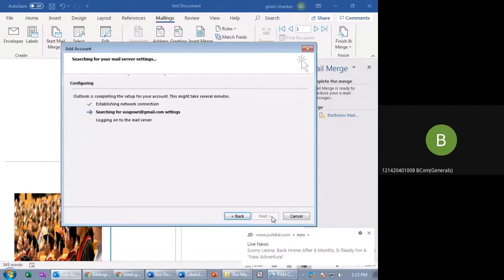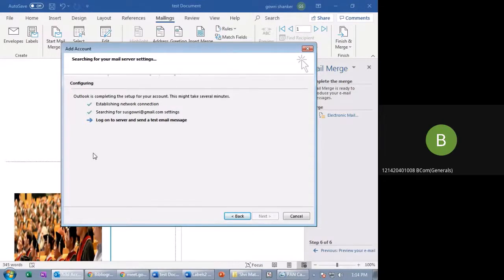Select next. It is connecting to the Outlook. Basically, in real time, when you are working for a company, generally those mails, everything will be under Outlook only. You cannot directly browse the company IDs and the company inboxes on Google.